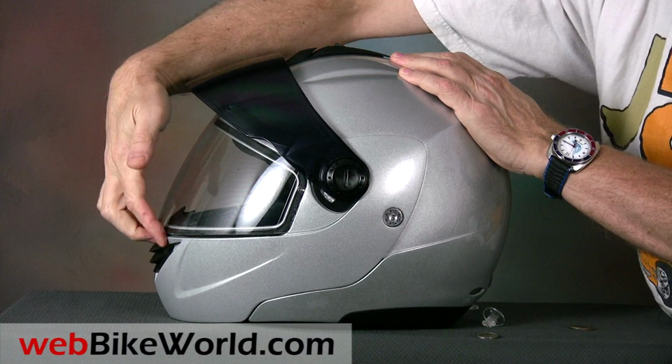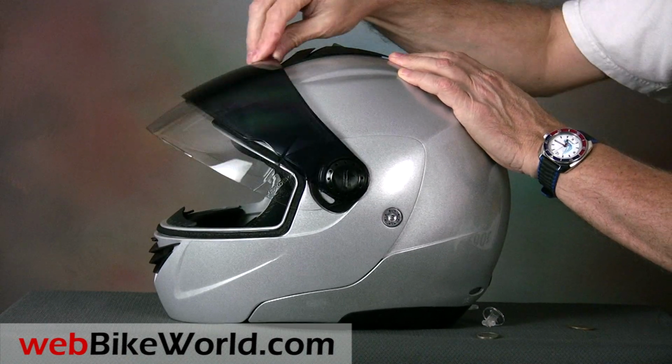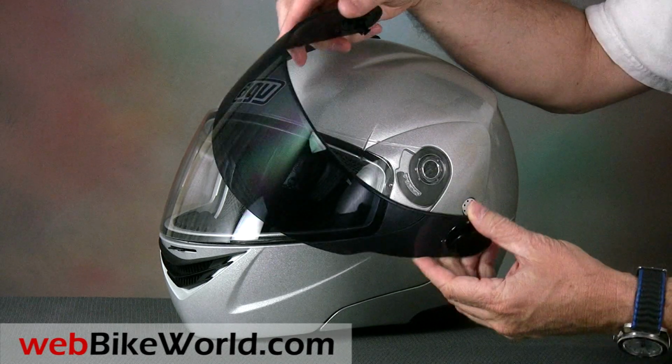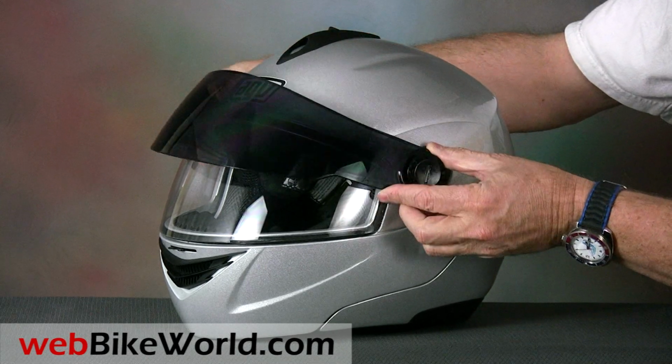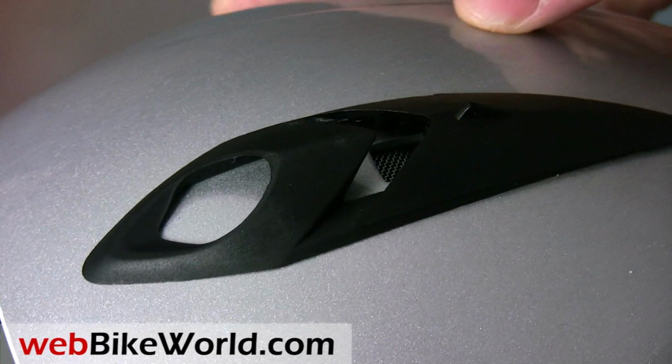The dark visor lifts independently of the face shield and both can be lifted or closed. The dark visor seems darker than any of the internal sun visors, which is probably the reason why it's not homologated for street use. The top vent on the Miglia 2 is the same one as used on the original